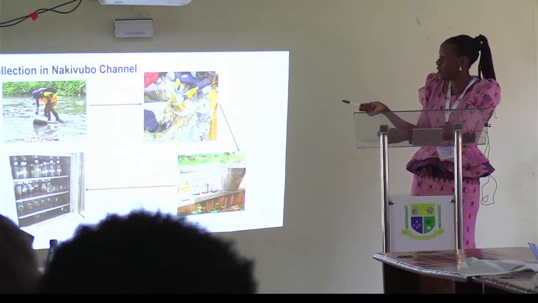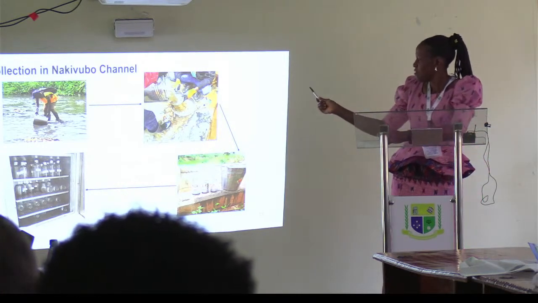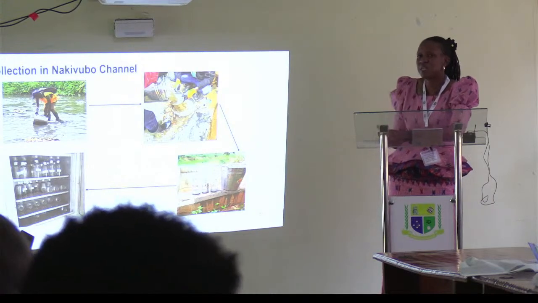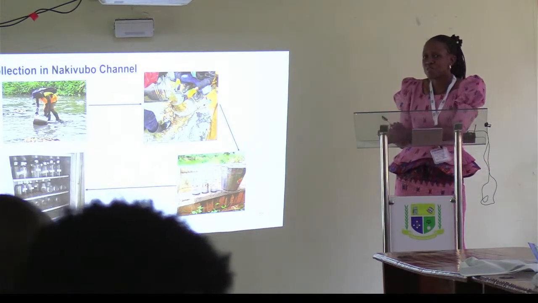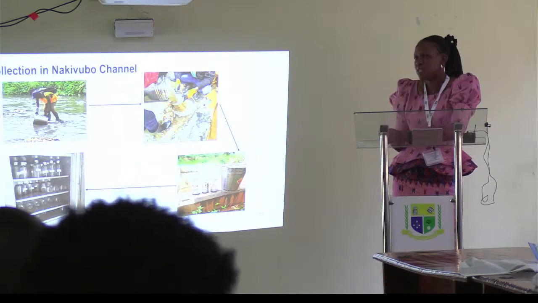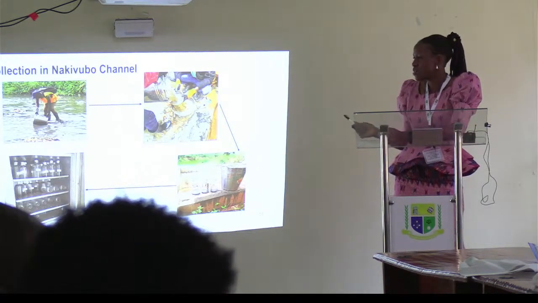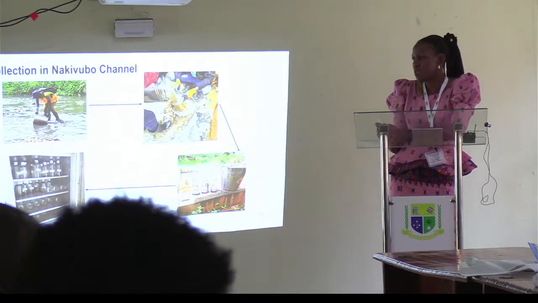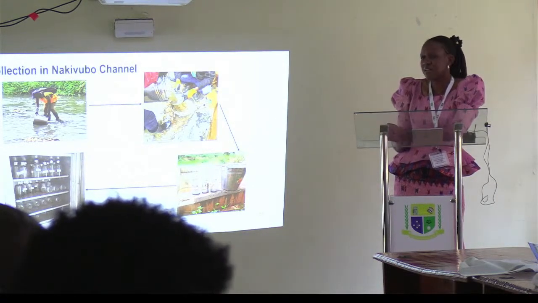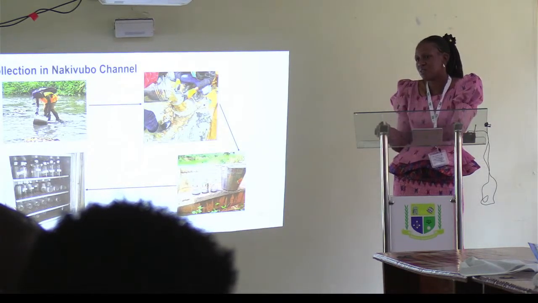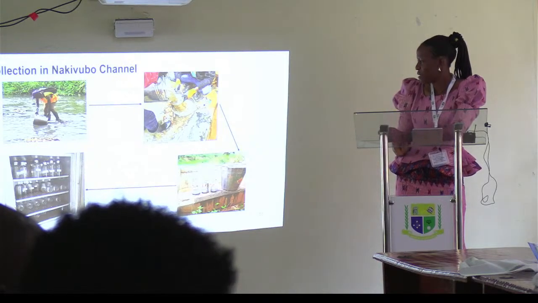We collect the water from the channel, filter it, and then after filtering, of course, we are using glass bottles, because if you're using a plastic container, then you're already contaminating the water. Once filtration is completed, we store the water in a dark area in order to prevent light from degrading the plastic within the environment.